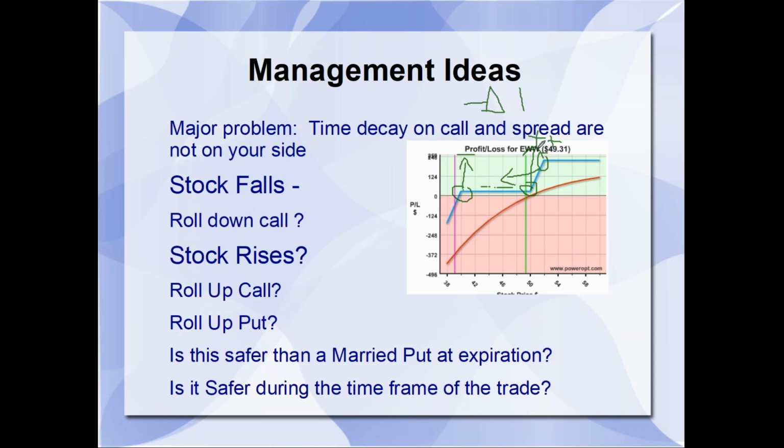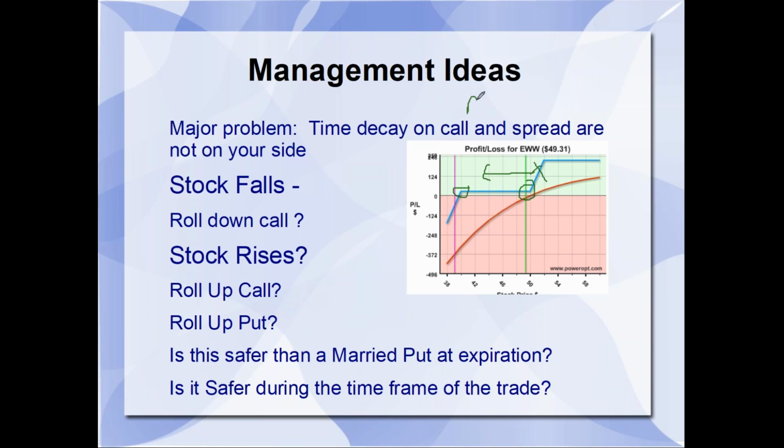But remember, these are both increasing, the 40 and the 50, but your call is not decreasing that rapidly. It's still retaining a ton of time value. Now, if this happens, you stay in this all the way, and then at 2 months to expiration, it starts to fall short, and you'll start to see more decay in that call. But if the stock starts to fall, what would you consider doing? Well, the bear put portion is doing exactly what you want it to, but you're losing on the stock. So how are you going to hedge the stock now?